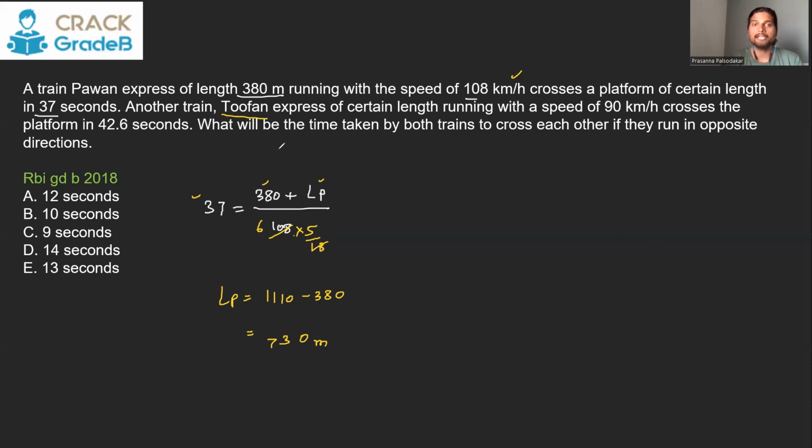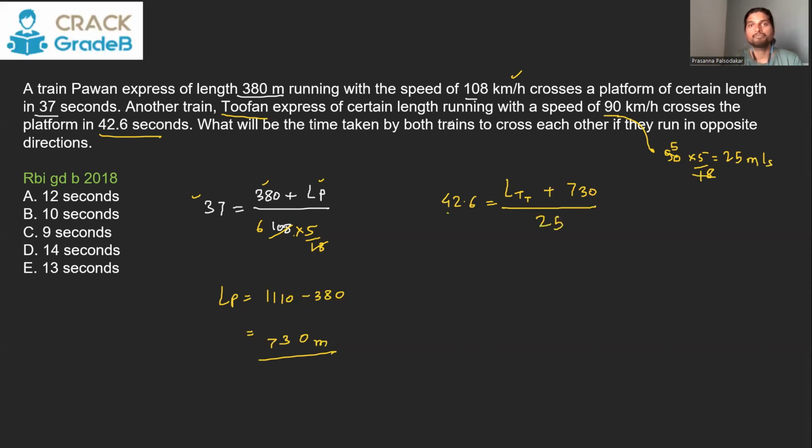Now another train, Tufan Express of certain length, crosses the platform in 42.6 seconds. So time to cross a platform is equal to length of train, this is Tufan Express, so I'm writing T, length of train T plus length of platform we just solved for, upon speed of train. Speed of train is 90. Again, 90 we can convert into meter per second. That will be 5 into 5, 25 meter per second. So directly I'm using the figure 25. So 25 into 42.6 is going to be 1065, equal to length of train Tufan plus 730. And if you subtract this from it, length of train Tufan is going to be